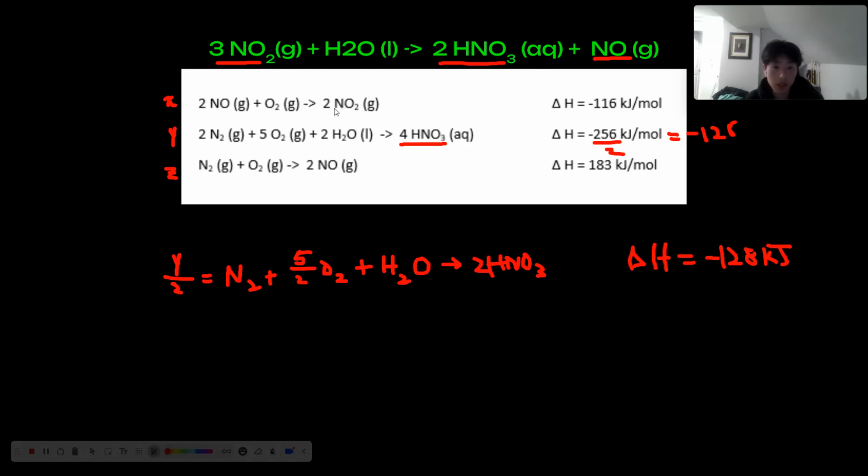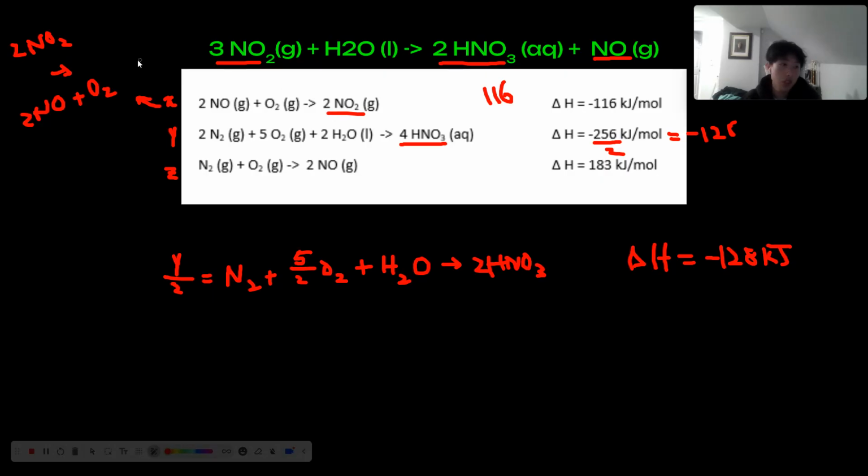If we want to get the NO2 on the reactant side, what we can do is flip the sign. My apologies, I will write it up above here. So 2NO2 will yield 2NO plus O2. That is only the first step. First step, we must negate our delta H for X, but